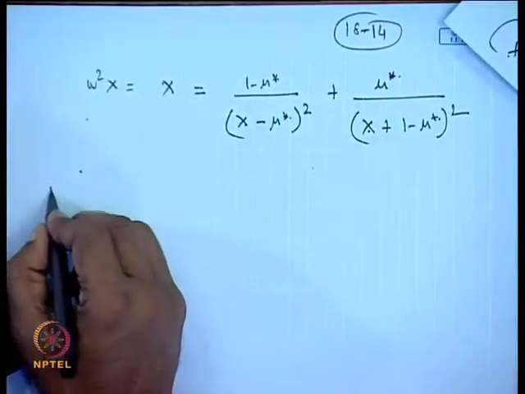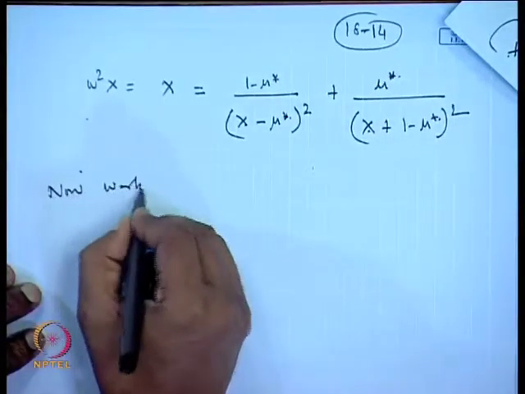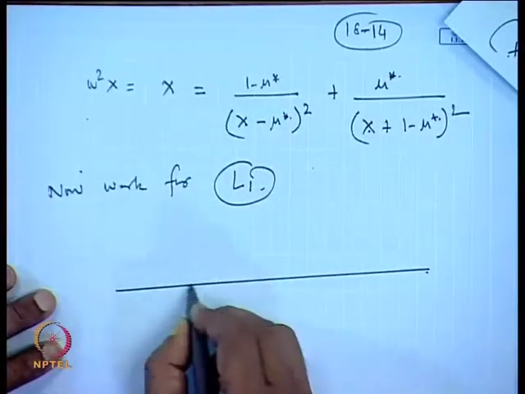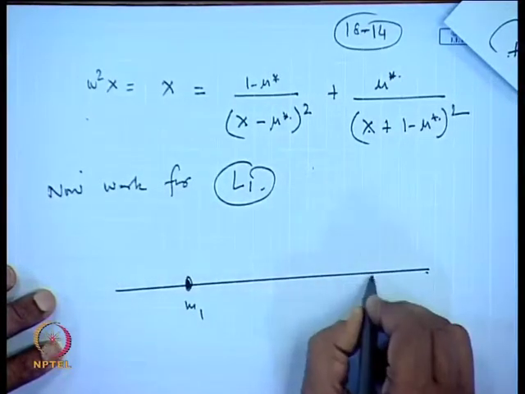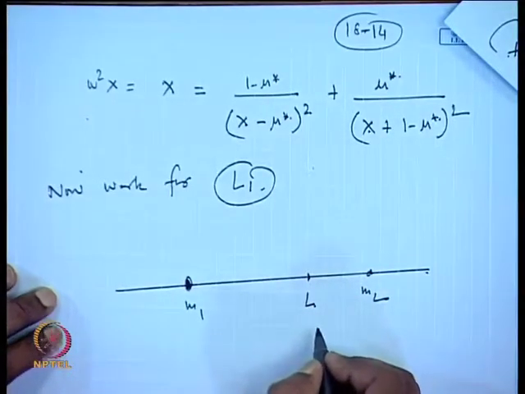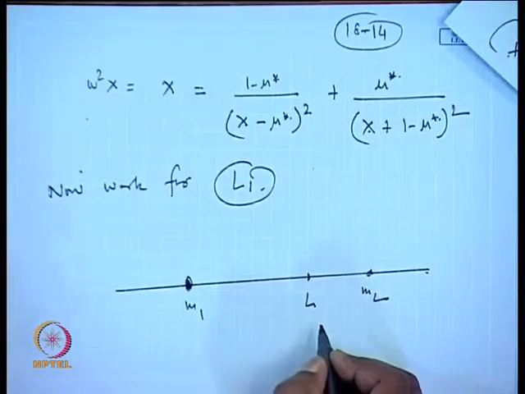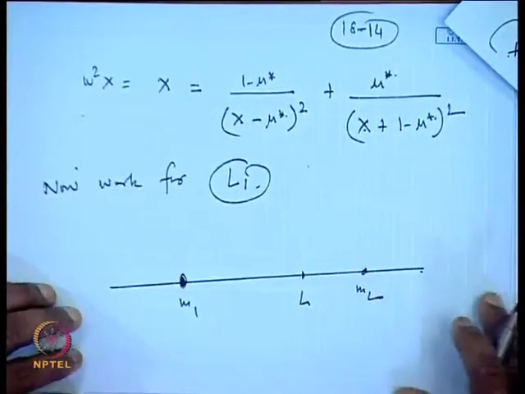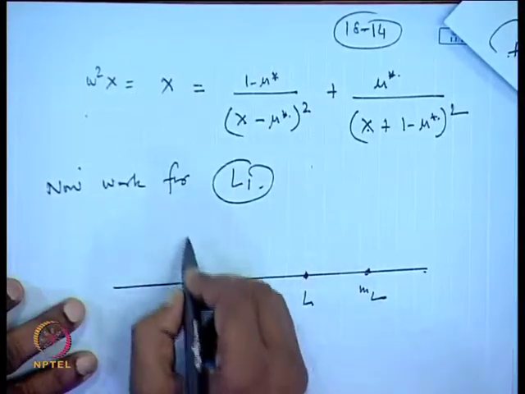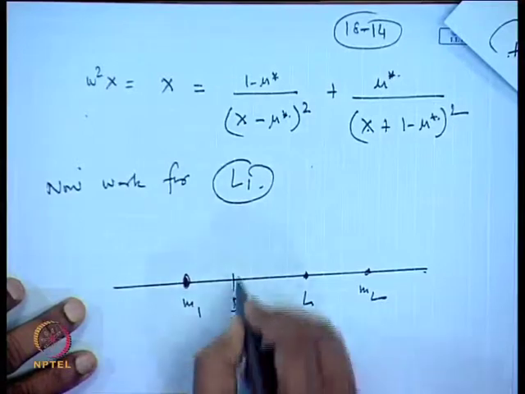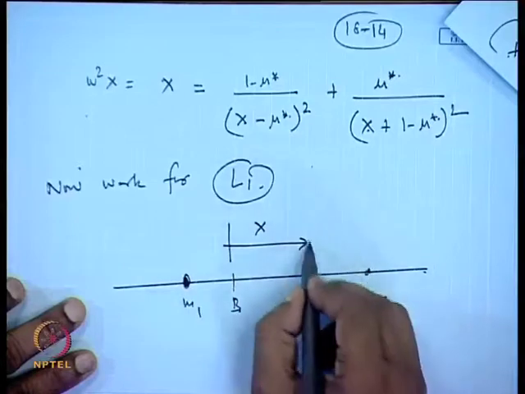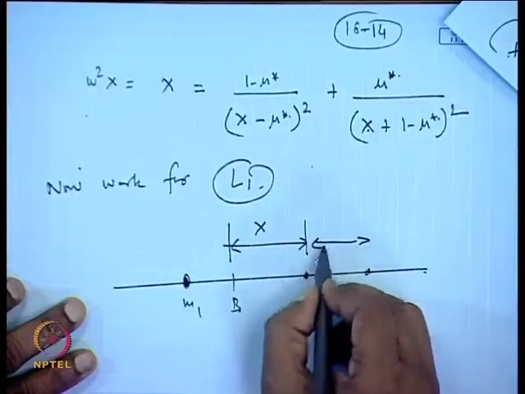So, now work for L 1. We have the mass m 1 here, and here is the mass m 2. Now, the point is lying here in this place. Okay. So, to work this out, again b is the distance here, this is L 1. This is the distance x,